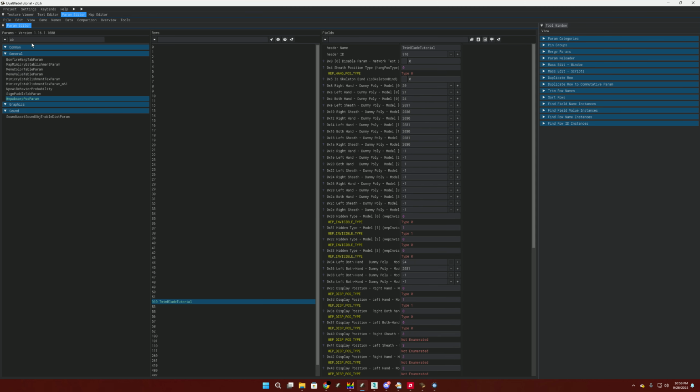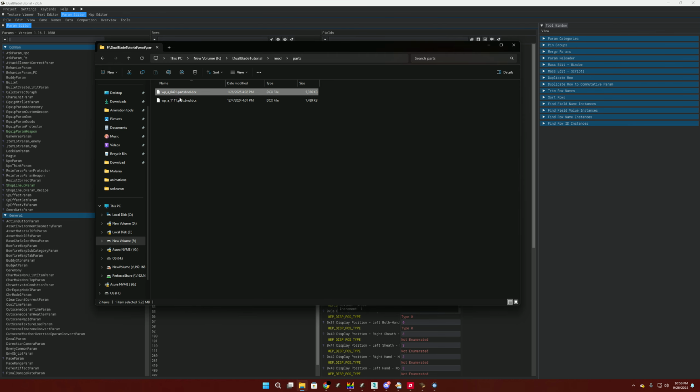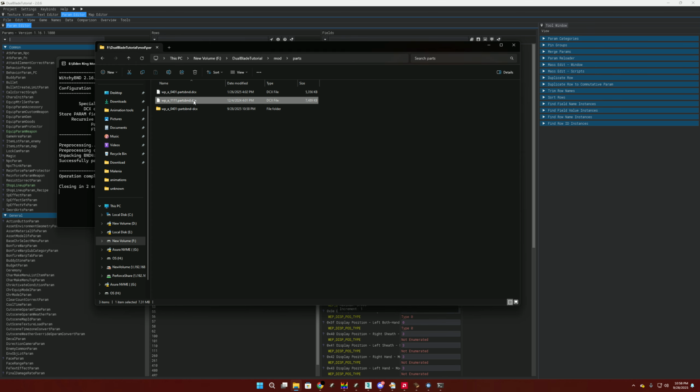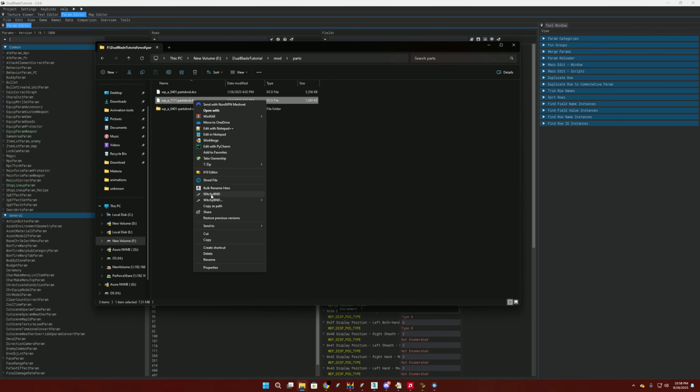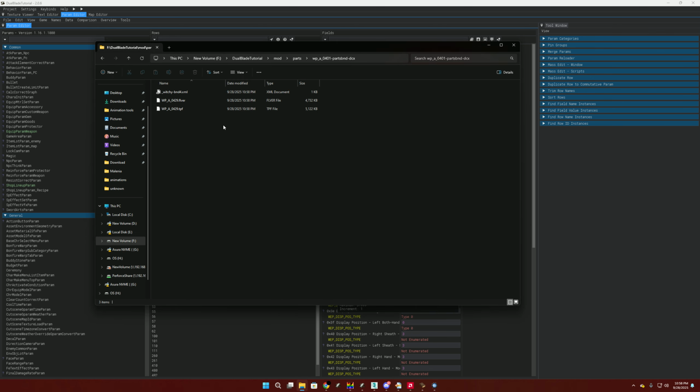So let's go ahead and start with the parts band. I already have them here. This is the sword, and this is gonna be the twin blade. So you're gonna have to make only one parts band, and the way that it's gonna work is